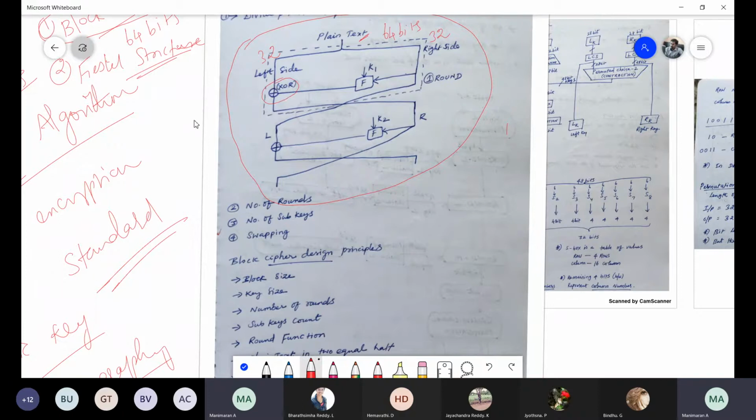Why particularly are we using the XOR operation? We know the XOR functionality. For example, two inputs are given: 0 0, 0 1, 1 0, 1 1. What output do we get with the exclusive OR operation?